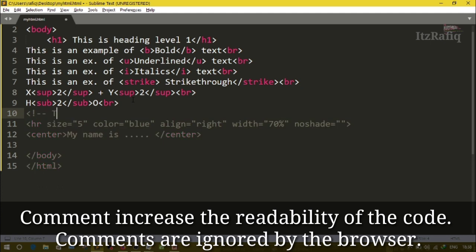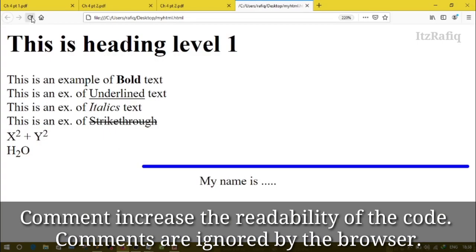Like, suppose, this is a horizontal line. Then again to close the comment, 2 dash symbols, then angle bracket close. So whatever I wrote here, this is a horizontal line, it will not display on the page. Let's see the output. So output is similar, you will not see the comment.